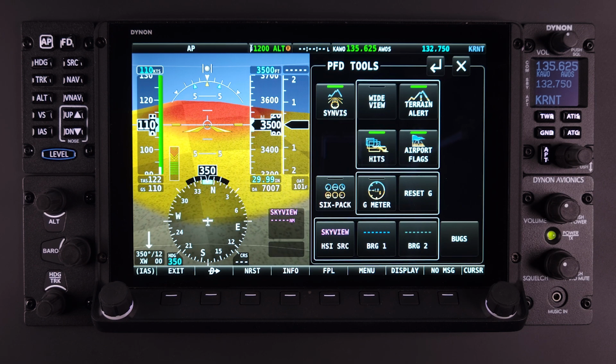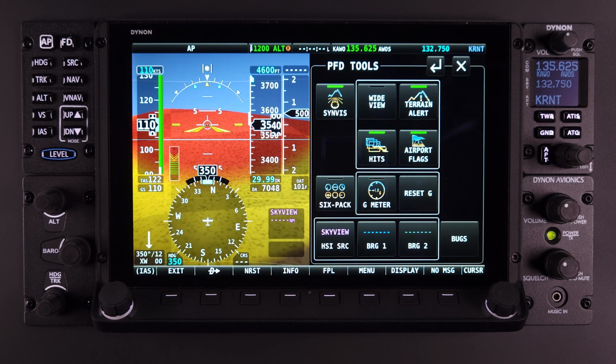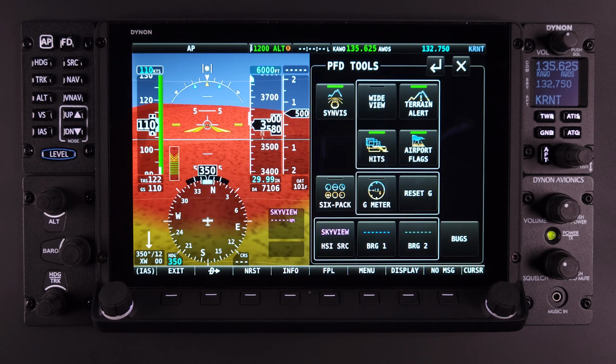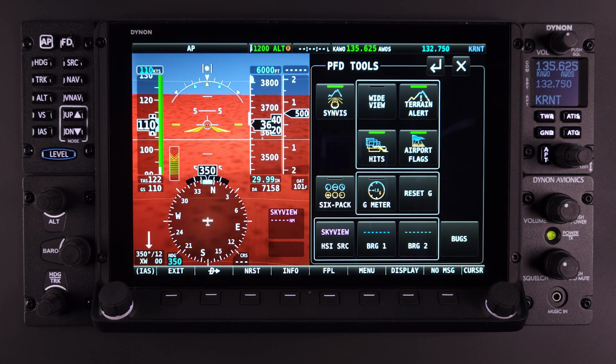Obstacles are only shown on the synthetic vision if their highest point is within 1,000 feet below your aircraft's GPS altitude. If the highest point of an obstacle is within 100 feet below your current GPS altitude to anywhere above you, it will be displayed in red. If the highest point of an obstacle is 100 to 1,000 feet below your current GPS altitude, the obstacle will